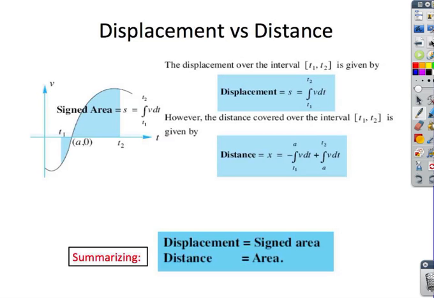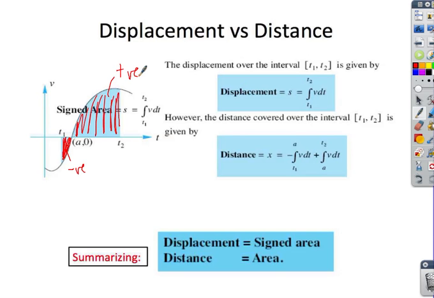Negative areas will subtract from positive areas, and that's completely fine. So in the picture to the left there, for example, this shaded area here will be negative, right? And all of this shaded area here will be positive, right? And when you're finding displacement, we'll just let this negative area subtract from the positive area,